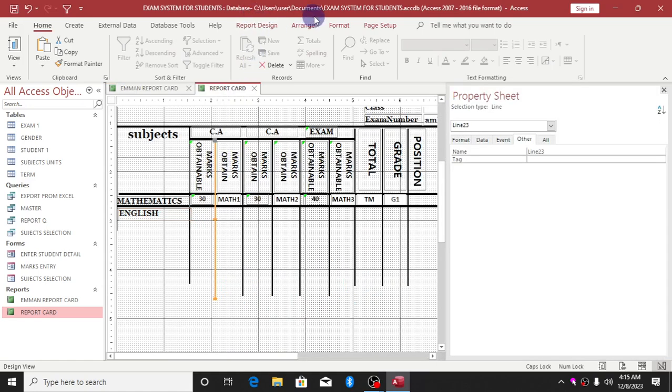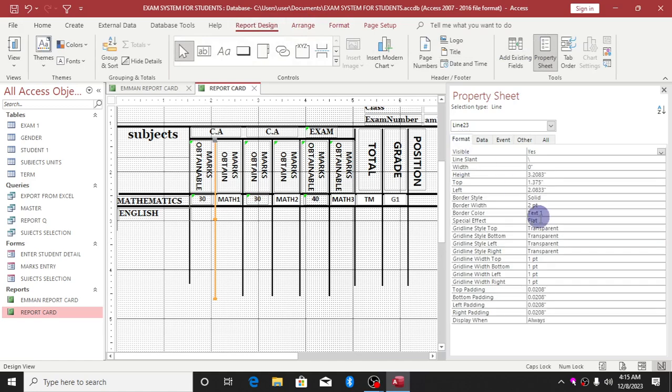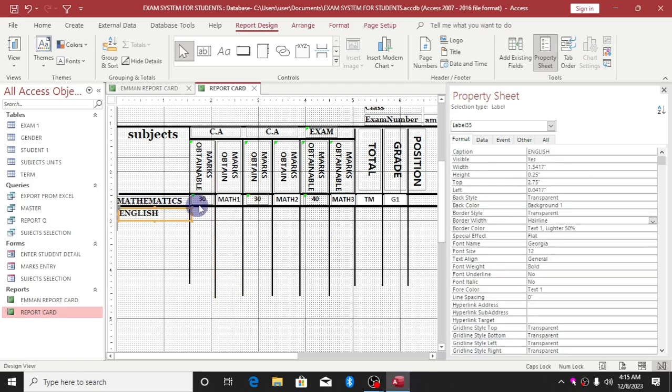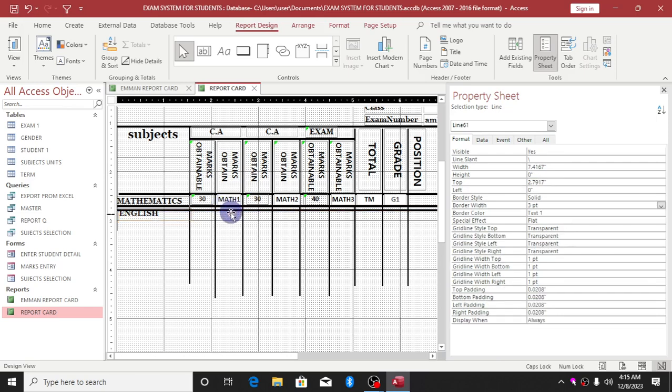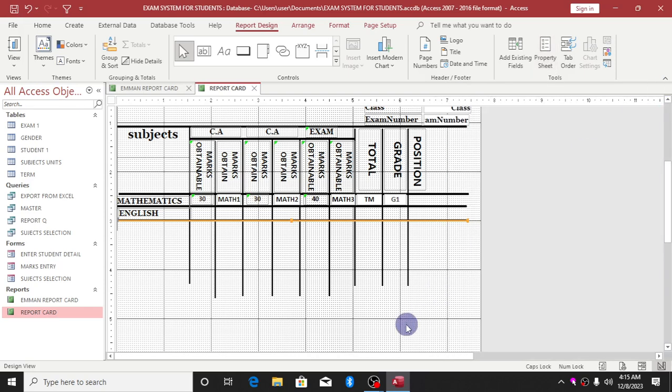Go to your design view, go to properties, then go to format. You will see it here, border width. So you can now make it thinner or darker. So now that you are through with this one, you now need another line again. Ctrl C, Ctrl V, and bring it here. Then after you've done that again, you make sure you do your Ctrl S to save it,